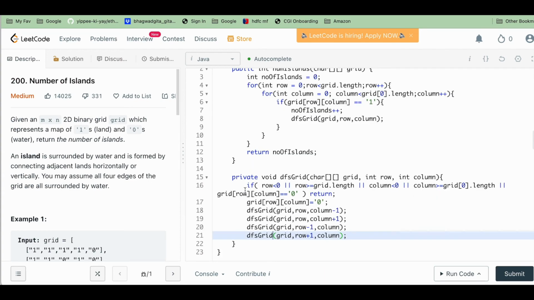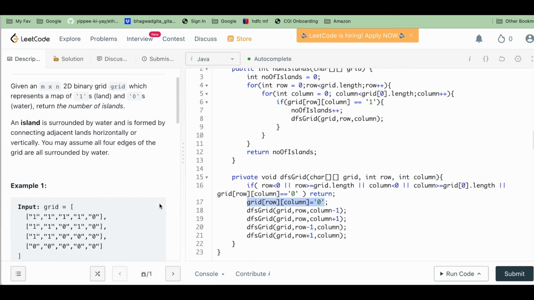And when we come to this function, even though we are calling this function 4 times, if you see, we are making sure we are making the current visited value 0, so next time we will not go through that. So in a scenario where there are all ones, the loop will come here the very first time, but this will make everything 0, so next time this for loop will not run. So the runtime complexity will always be order of m cross n.